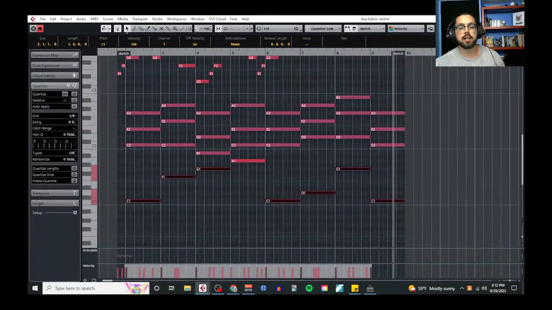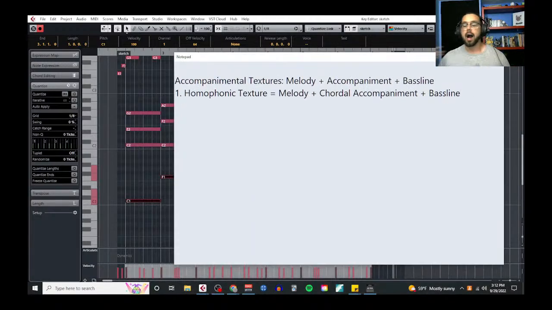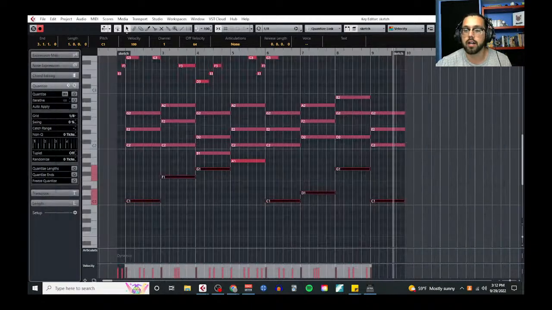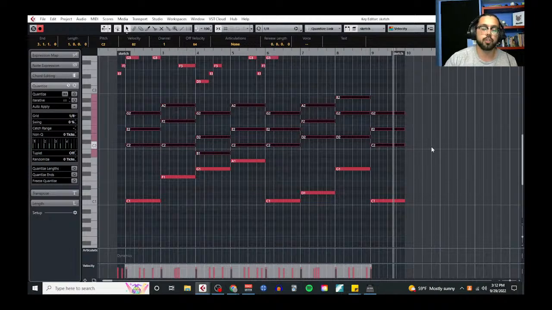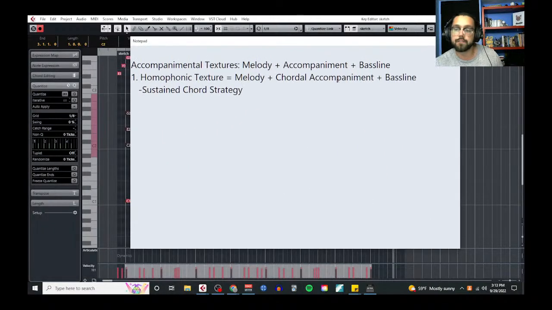All right, so this is pretty much your vanilla homophonic texture. It's a melody, it's a chord accompaniment, it's a bass line, and in particular, for this theme, I used a sustained chord strategy. All right, so sustained chords are kind of like your go-to vanilla option. All you're doing is playing the chord and sustaining it for however long you need it to work. And this is a very simple concept, but it is very effective,